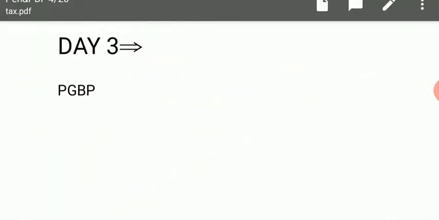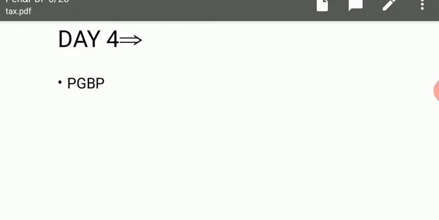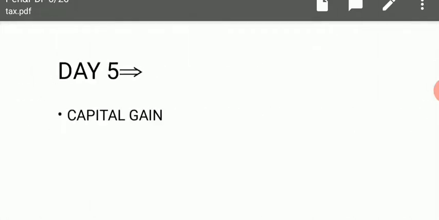Then on day number 3, you have to complete PGPP. Now PGPP is a very big chapter, so you should give at least 1 hour to GST or law or EIS, whatever subject you are given, but you should try to complete PGPP on the whole of day 3. But if something is left, you can also cover it on day 4. So I have allotted you 2 days for PGPP, and you should cover 100% of PGPP in 2 days. It is up to you how many hours you study and how many questions you do, but you have to cover 100% of PGPP in just 2 days. On day number 5, you are going to complete your capital gain.